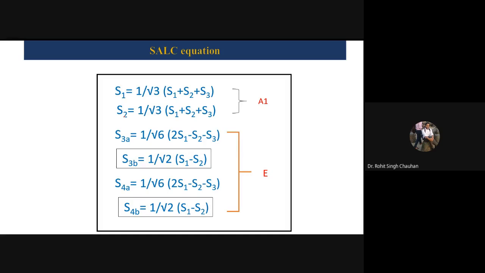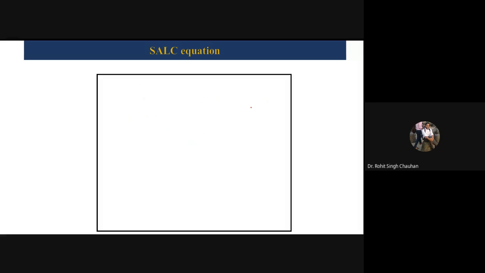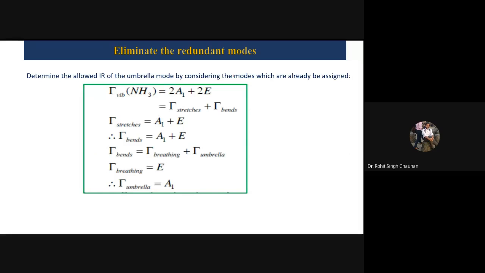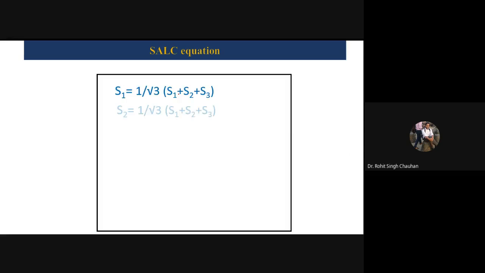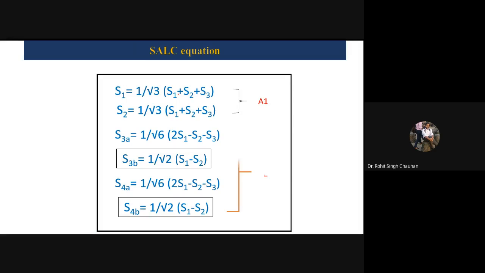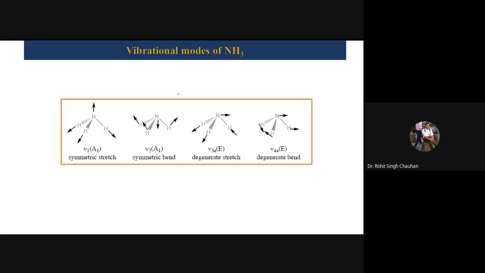So now you can calculate how many modes I have shown here. Total, if you see, I have shown 2, 4, 6. Now, what was tau vibration? In the earlier slide, I told you 2A1 plus 2E. 2E corresponds to how many? 2. So 2 multiplied by 2 is 4, plus 2, that is 6 modes, right? And the 6 modes we got here, right? And even you can find out for ammonia, it is bending. So the formula will be 3n minus 6. So n is 4, 3 times 4 minus 6, so total 6. So we got all 6 equations. These are the representations of A1 and E. And that's all from my